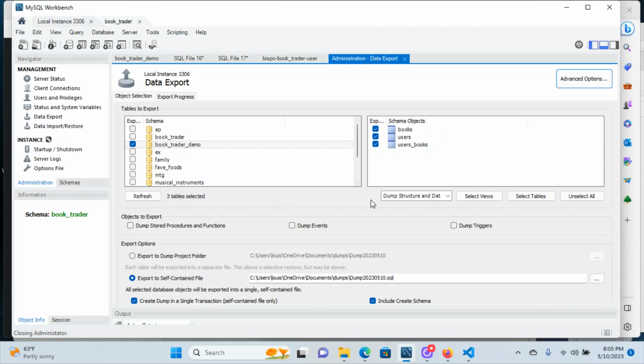Here's my tables. I'm dumping the structure and the data. I'm exporting to a self-contained file. I'm creating dump as a single transaction, and I'm including create schema. And once you've got that stuff, and I don't seem to have,